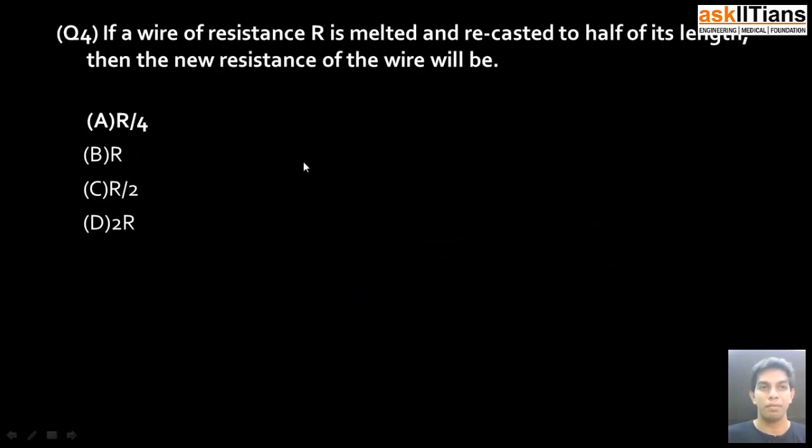Fourth question says, if a wire of resistance R is melted and recasted to half of its length, then the new resistance of the wire will be. These kind of problem deals with finding out the dimension of the recasted wire. So let's say L and A be the dimensions of my initial wire, and given L by 2 is the new length of my wire and A dash be its new area. So applying the conservation of volume in this particular case, I can say that A times L is equal to A dash times L by 2. With this, I get my A dash to be